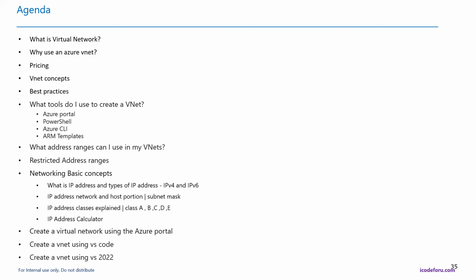The next one is communicating with on-premise resources. If you have on-premise, you can communicate through the point-to-site virtual private network VPN. The second one is the site-to-site VPN, and the third one is Azure ExpressRoute. Those are the three ways you can communicate with on-premise. And if you want to filter the traffic, you can use network security groups. We will discuss that when we are creating the network security groups.